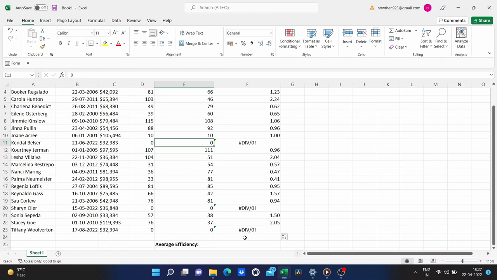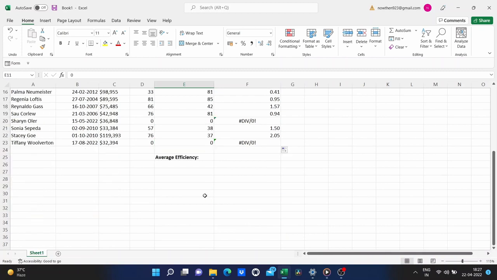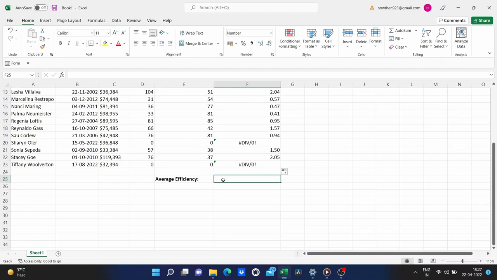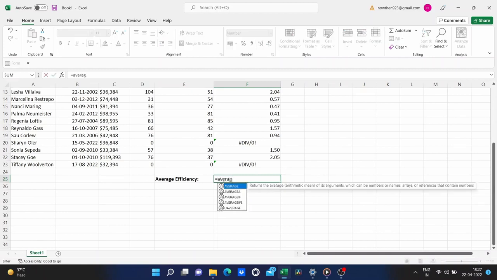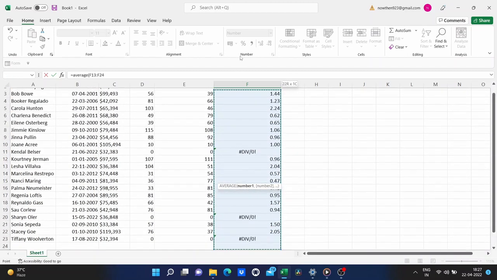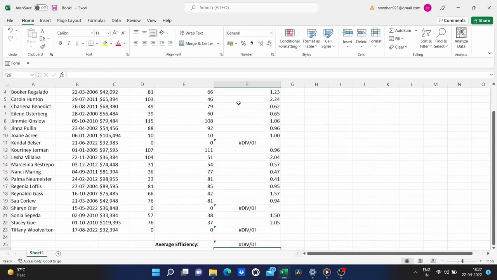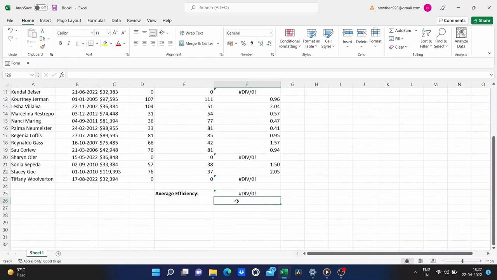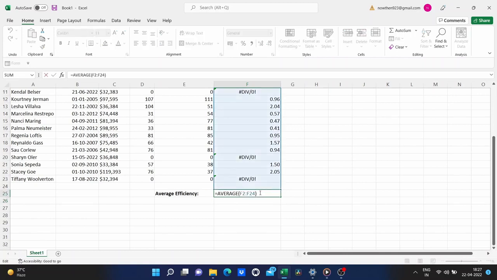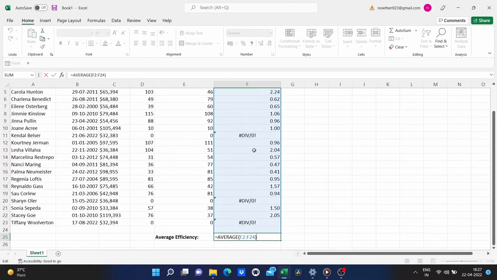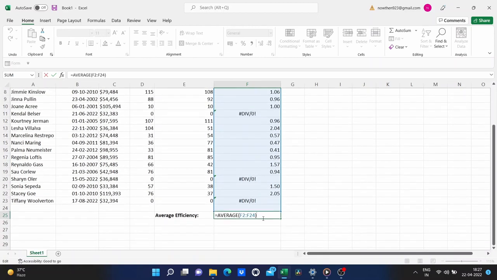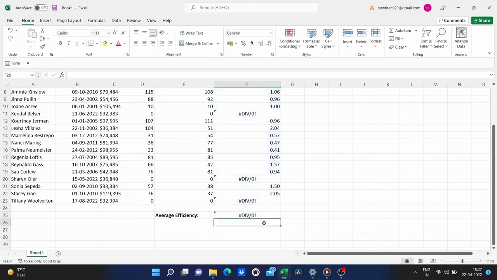Now, is that even a problem? Well, it may not be, but what if I wanted to calculate the average sales efficiency here in this cell? I'll type equals average, left parenthesis, and then I'll click and drag to select everything that I want to average. Tap enter, and again, I get an error message. Why? Because it's pulling data from above where there are errors, and so the error is perpetuated. And I get a DIV/0 error message in my average formula.